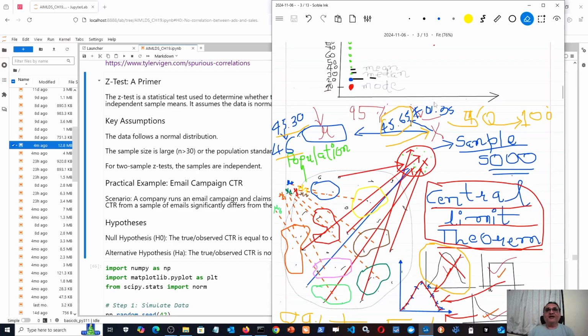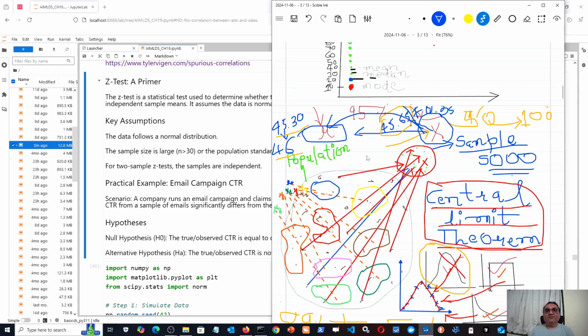And what we do is we find this parameter x bar, that is the sample mean, and from the sample mean we try to do some statistical test so that we can convincingly say, or say with appropriate confidence, that my population mean will also be almost close to the sample mean with a certain level of confidence, right? Now that is what the whole business of inferential statistics is: study some parameter. Now it may not be mean, it may be median, or standard deviation or other parameter, but study some parameter for the sample and